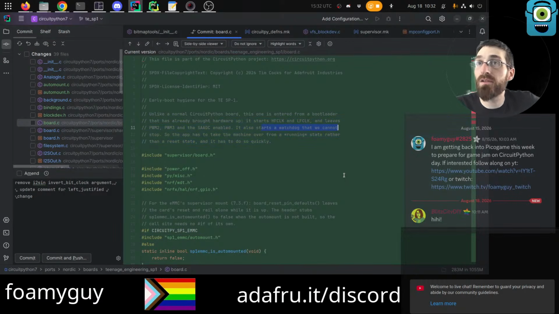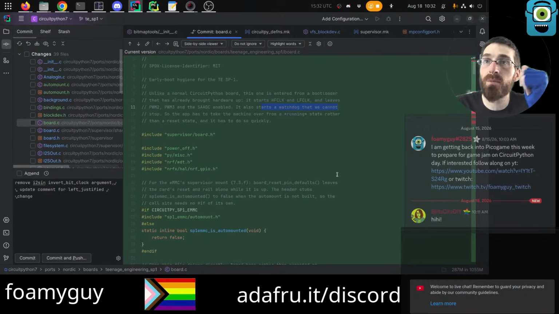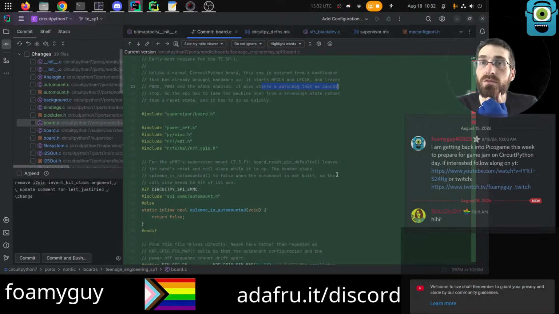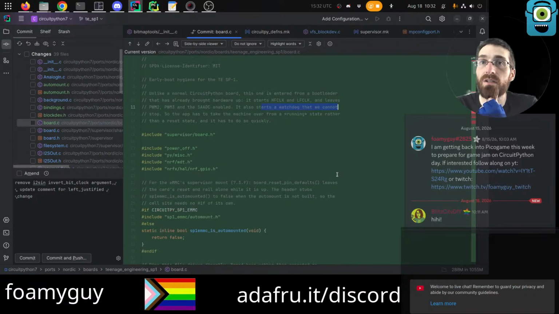Then on NRF, on Nordic, the watchdog cannot be disarmed. So once it's armed, it's going. The bootloader arms it. We have no choice but to keep feeding it. Otherwise, the device will reset after, I think it's about 5 seconds, but I do have it set to 4 just to be safe